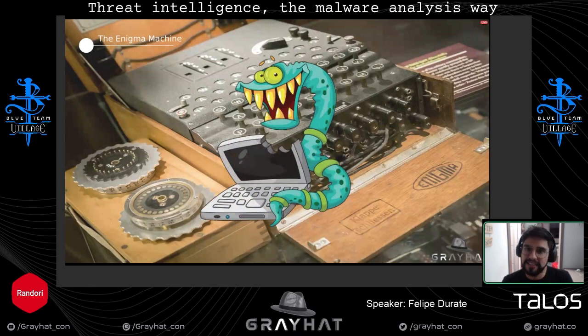Because the Nazis knew how important these machines were, so they tried to protect them as much as possible because they didn't want any other hands touching those things, trying to hack them. But if you think about malware, you receive malware every day. For you to be infected, you need to receive the sample. So the bad guys are sending you the sample.